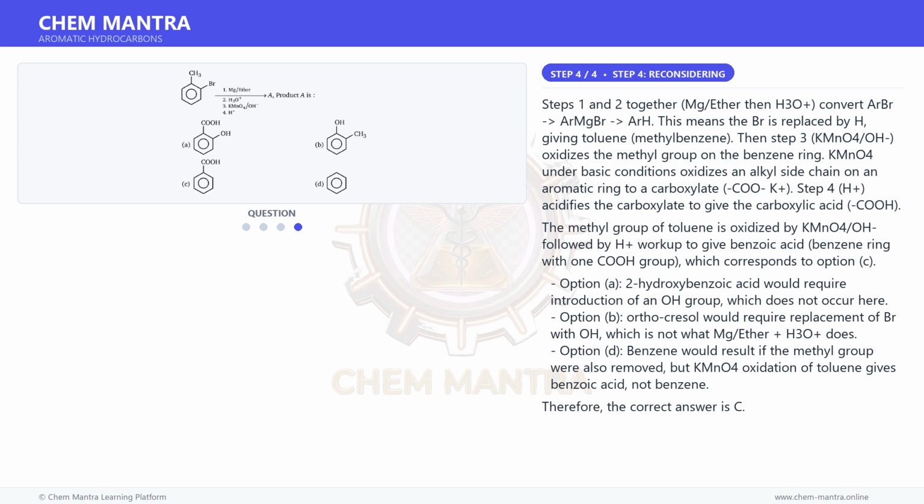1 COOH group, which corresponds to option C. Option A, 2-hydroxybenzoic acid, would require introduction of an OH group, which does not occur here. Option B, ortho-cresol, would require replacement of Br with OH, which is not what Mg ether plus H3O+ does. Option D, benzene, would result if the methyl group were also removed, but KMnO4 oxidation of toluene gives benzoic acid,